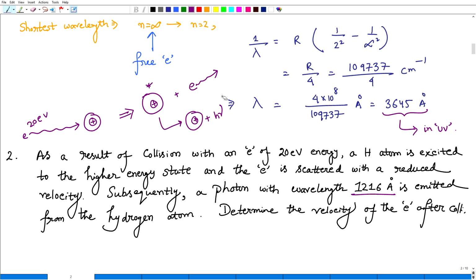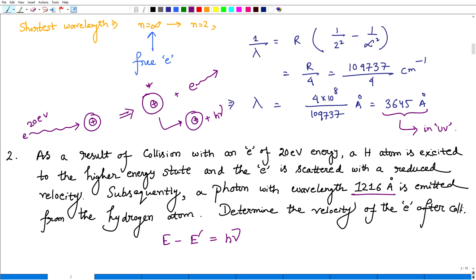It will again come back to the ground state, releasing a photon of the energy which corresponds to the energy gained by the hydrogen atom from the electron during the collision. That's how you can calculate. So we can easily relate that to h nu. Let's say the energy of the electron before collision minus the energy of the electron after collision equals h nu. We just have to calculate this and we can evaluate the